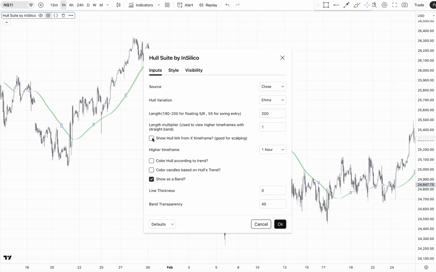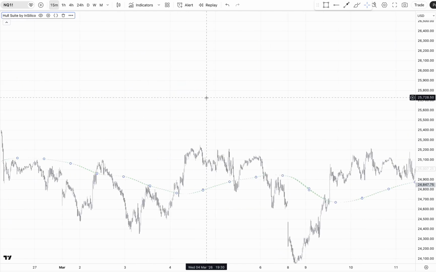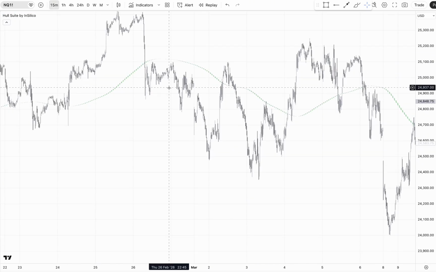If you press on this, you can show the Hull moving average from a certain time frame that you choose. So let's say you want to scalp on a minute time frame, but you do want to see the Hull, let's say from an hourly or from the 50 minutes. Click this, then I go down to 15 minute, and it's going to show me the Hull moving average from